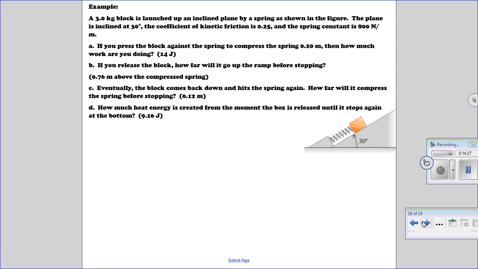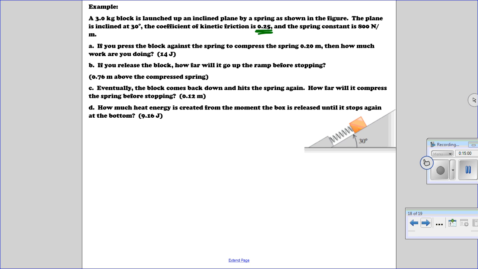All right, so we're going to do the same problem, but this time we've got a coefficient of kinetic friction of 0.25. So all of the same questions plus one extra step down at the end. Exact same setup except now we've got friction. Part A says if you press the block against the spring to compress the spring 0.2 meters, how much work are you doing? And notice this time the answer turns out to be 14 joules,